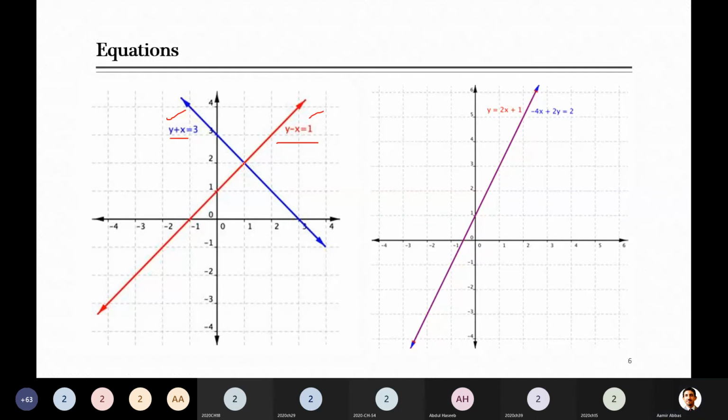But let's look at this. Here you can see that there are again two equations. One is written in red, y is equal to 2x plus 1, and the other is written in blue, minus 4x plus 2y is equal to 2. So either they are independent or dependent. Anyone with an answer? No, you can definitely see that he has rearranged the equation and they are just